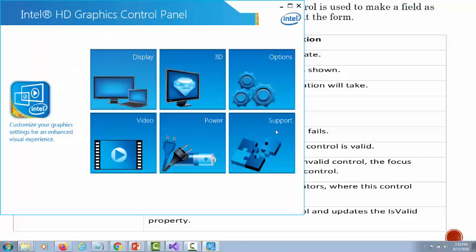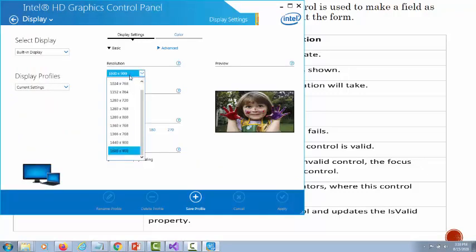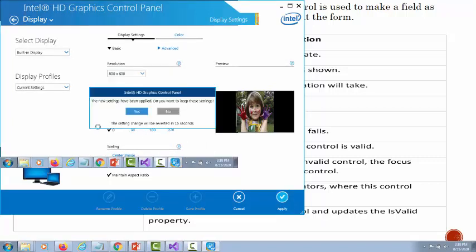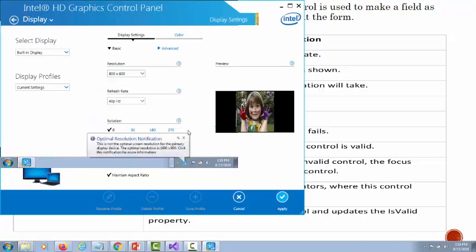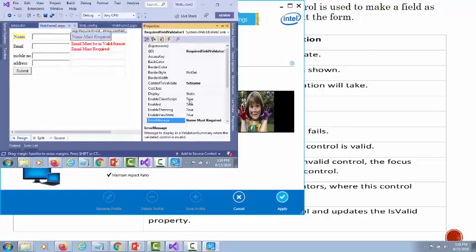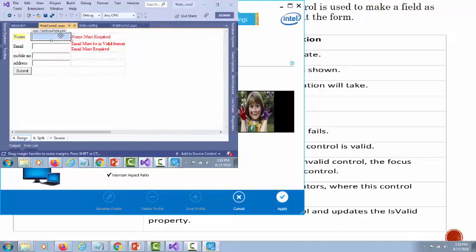I have to change the resolution. Okay, apply this resolution. So now you are able to see what I am doing. Here you have to set the error message, what type of message you want to give to the user, and then set the control to validate. Here I set txtName, so this control is going to be validated.